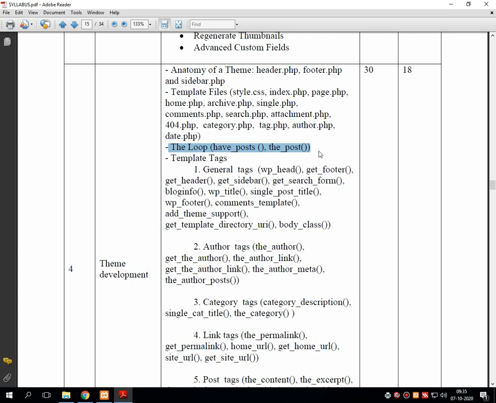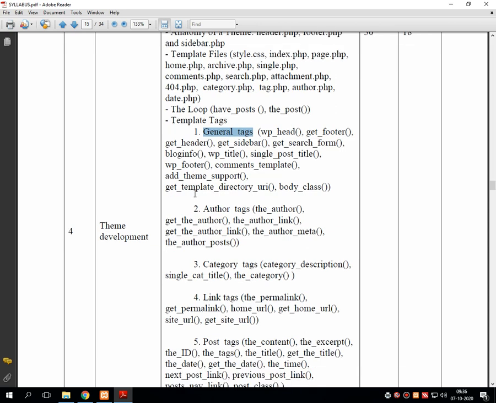Then we go for template tags, general tags: wp_head, get_footer, get_header, get_sidebar, get_search_form, bloginfo, wp_title, single_post_title, wp_footer, comments_template, add_theme_support, get_template_directory_uri, body_class. This is a bunch of general tags that we are going to discuss.